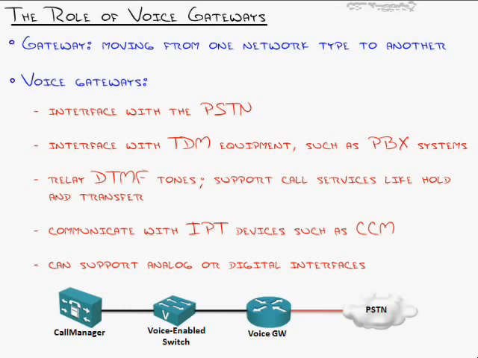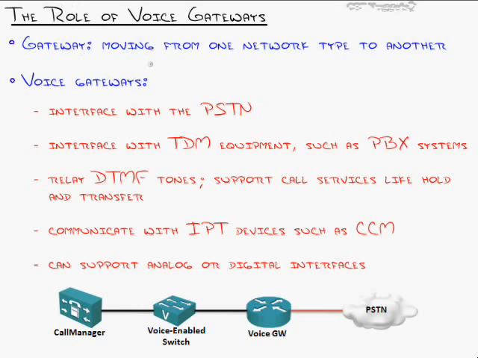Well, there's not really too much difference. They're kind of the same thing, and most of the time in the data network they kind of are, to where a router and a gateway are used interchangeably, that term is. But a voice gateway literally means, and gateway in general means, moving from one network type to another. So, for example, the reason we don't use gateway as much as router anymore is because in the data network, all the protocols have faded away. We used to translate from TCP/IP to IPX/SPX to AppleTalk to DECnet to all these different protocols that existed in the networking landscape. But now, since everything's TCP/IP, it's kind of like, oh, well, we're routing through a gateway. It's just kind of an interchangeable thing.